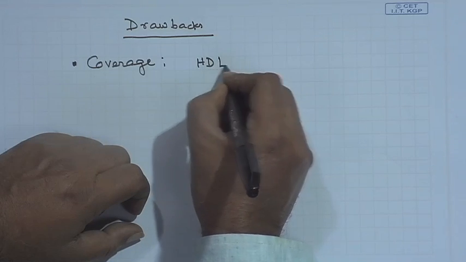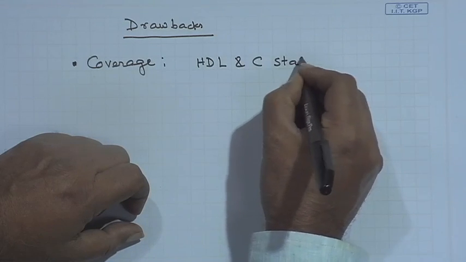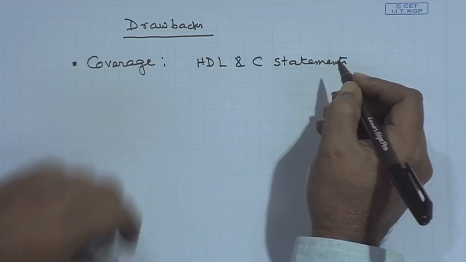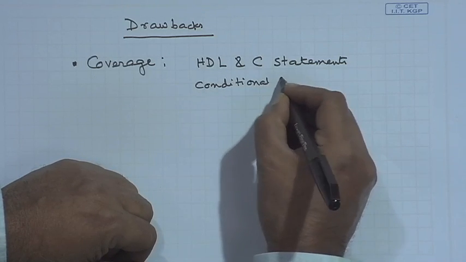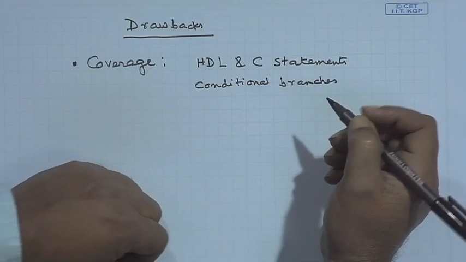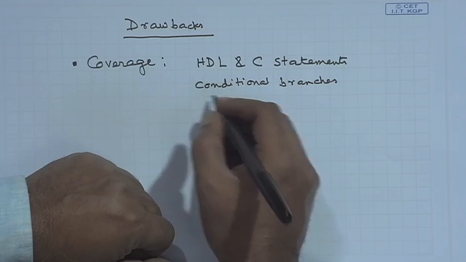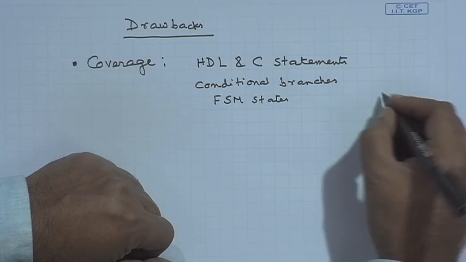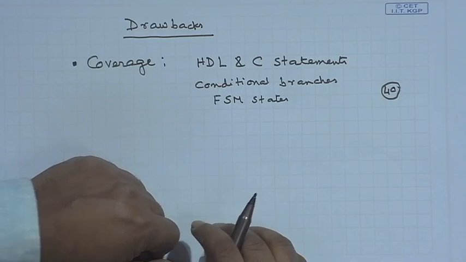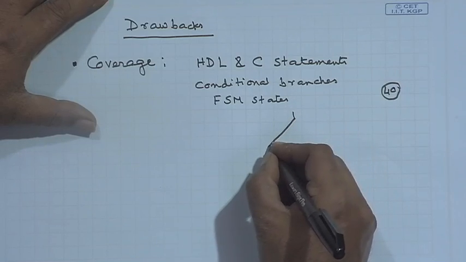we have got HDL statements, maybe where there will be some conditional branches, signals, maybe FSM states, if I write in the form of an FSM. So, if I have got 40 flip flops in a circuit, say, then how many possible states can be there? 2 raised 40, that is a huge number, right. Now, I will have to traverse all possible paths